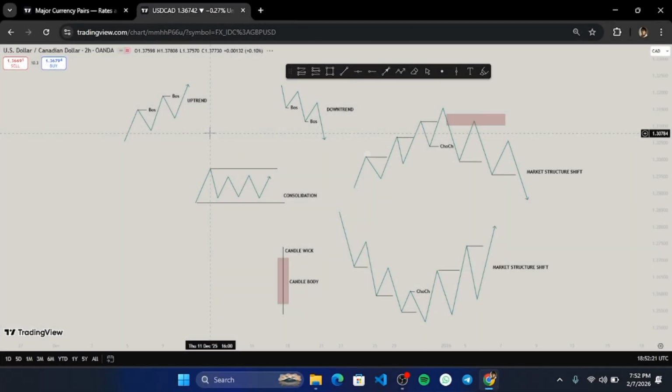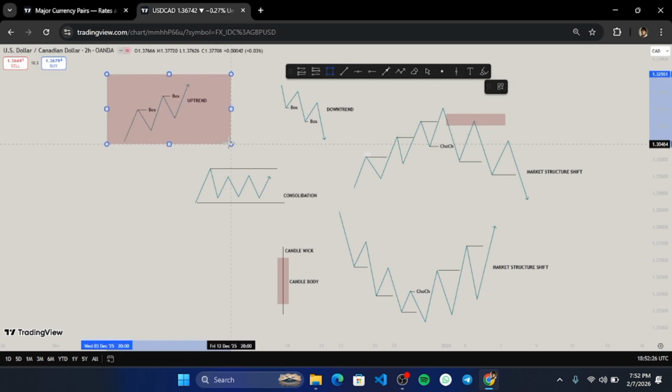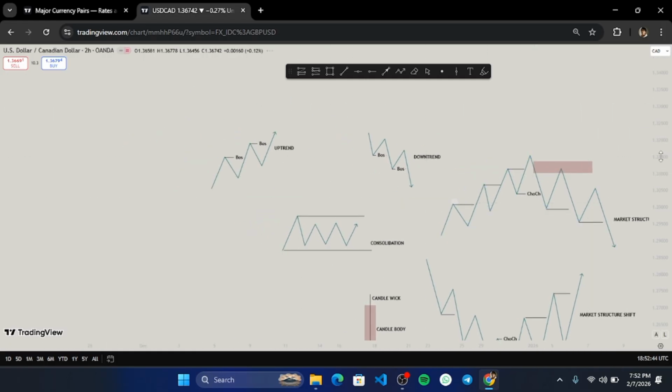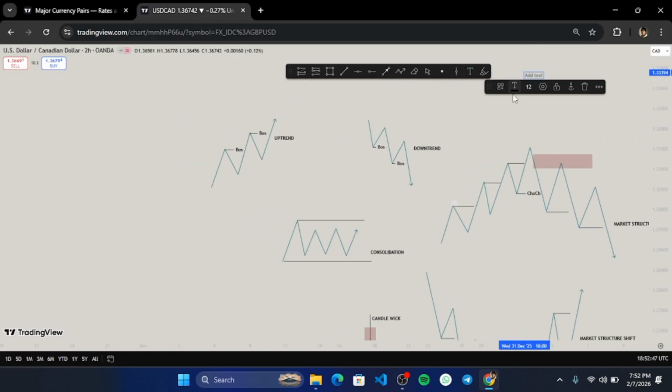So for example, what you are seeing here on this part, which is being highlighted now, this is an uptrend. This is what the market does in an uptrend. It goes higher than this high, and it goes higher than this high to complete the uptrend. Now, in a trend, there are two things that are involved in making a trend. And what are those two things? They are called higher highs and higher lows for an uptrend. So for an uptrend, we have higher highs and higher lows, while for a downtrend,